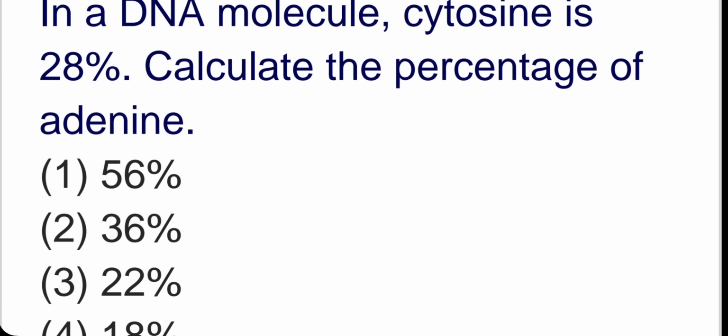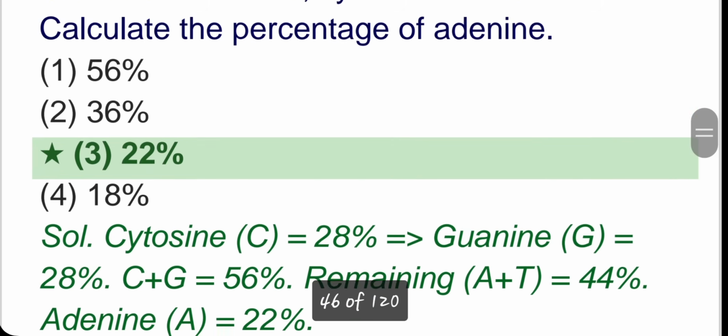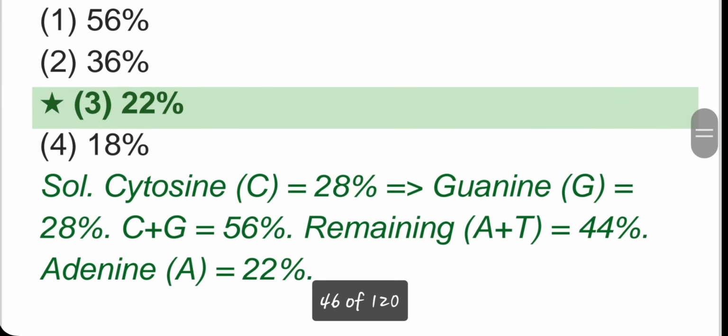Adenine and thymine are equal, so you divide this 44 by 2, you get 22%. Third option: the percentage of adenine is 22%, and the percentage of thymine is also 22%. So cytosine is 28%, guanine is 28%, C plus G is 56%, remaining A plus T is 44%, adenine